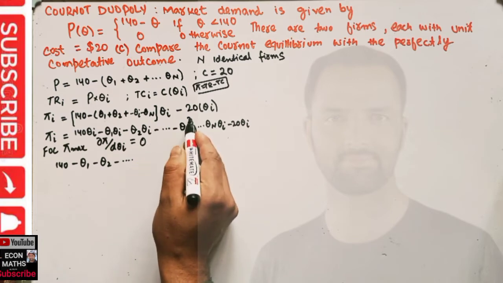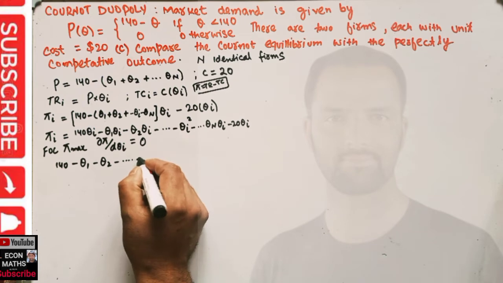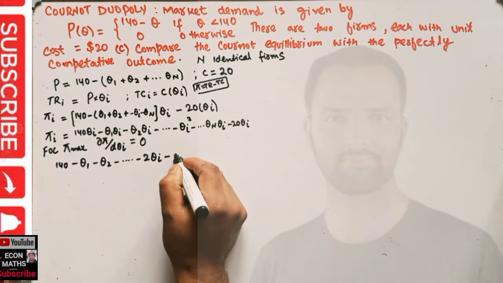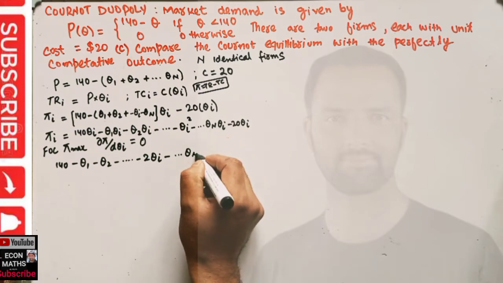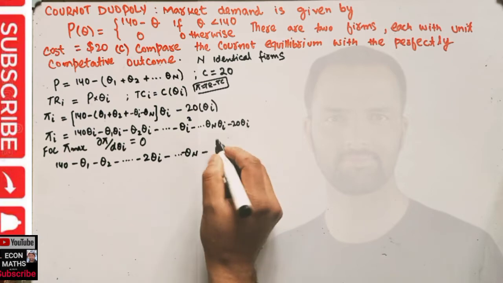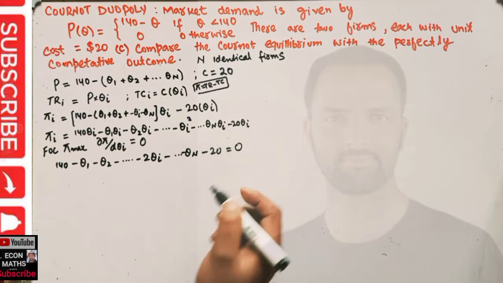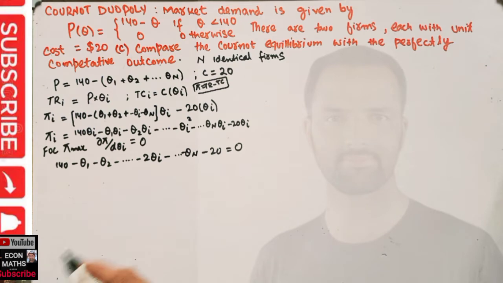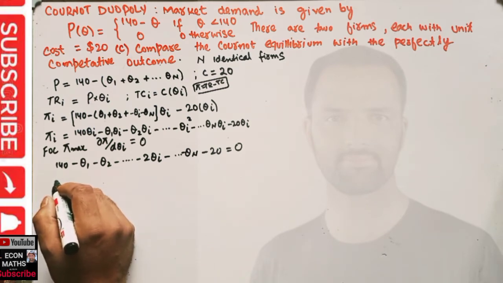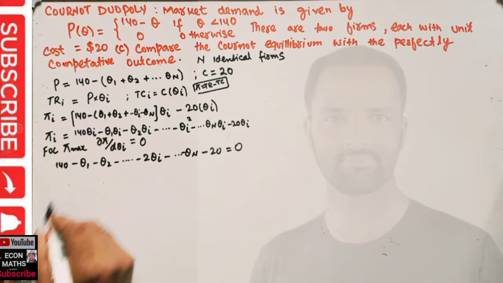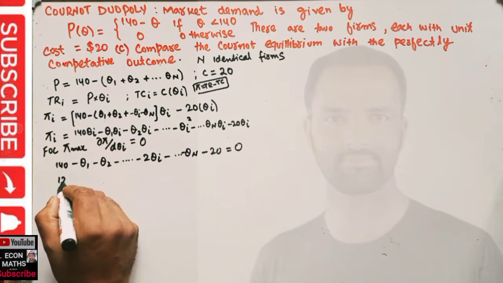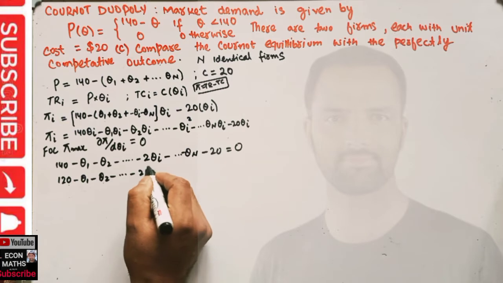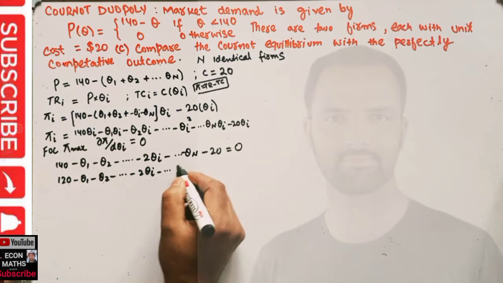the derivative of qi square is, this square will become coefficient, so this becomes 2 qi, by the power function rule, minus the derivative of qi is qn. Similarly here the derivative of qi is 20 and we set it equal to 0, obviously. Now just rearrange this. We have 140 minus 20, this comes out to be 120. If I write it like this, 120 minus q1 minus q2 minus up to 2 qi minus up to qn